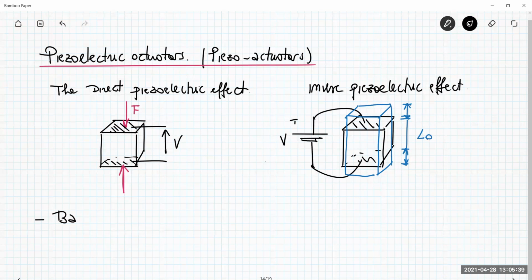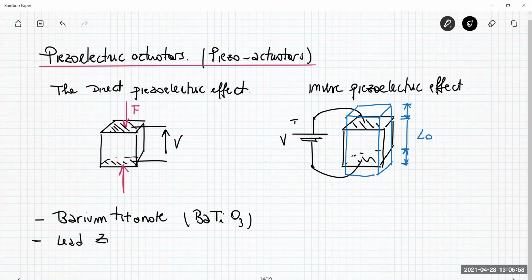Just a few of them are barium titanate, BaTiO3, or lead zirconate, or also lead titanate zirconate, which is the most diffused, also called PZT material. Okay,